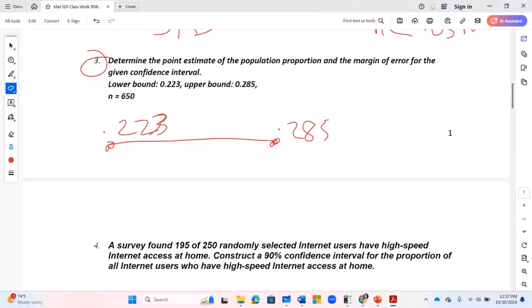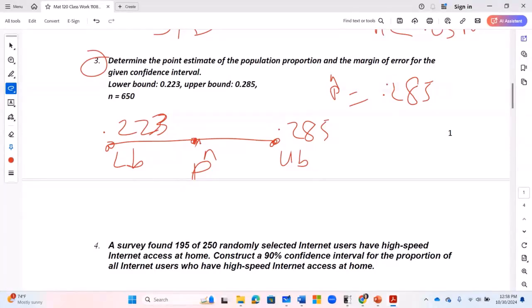If I find the midpoint of this line, the midpoint is adding the upper bound and lower bound and dividing by 2. This is the lower bound. This is the upper bound. And then the p-hat, the point estimate. When I'm told to find the point estimate, it's always p-hat is equal to the upper bound